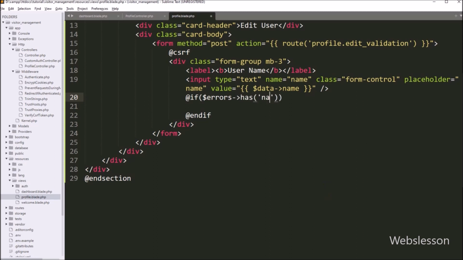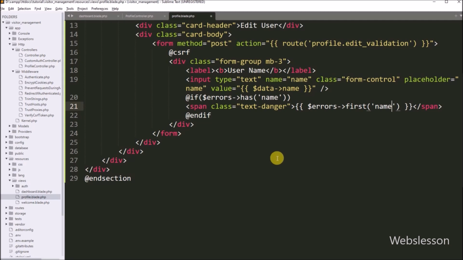So if any validation error occurs in the name data, then it will execute the if block of code, and under this block, we have to write a span tag with class is equal to text-danger class. And between this, we have to write a Blade echo statement, and after this, we have to write the $errors variable with the first method. And under this, we have to write name, so it will display the validation error for the name input field